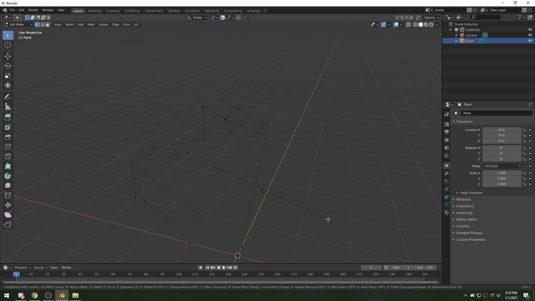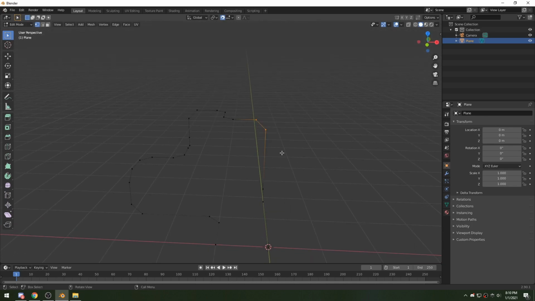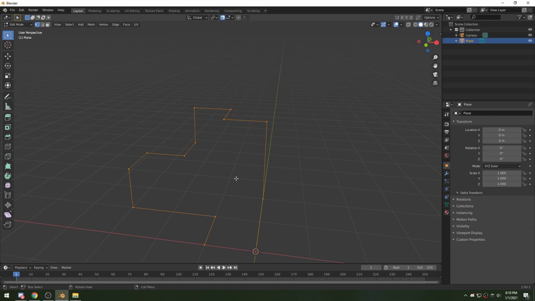And if you just move it too far, it'll just go crazy. Sorry. So you see, if we just pull it, you see it will bevel. But if we just put this in, it just looks really rough, and it just doesn't look good. So what we can do to fix that is we can just bevel again here, and we can scroll to